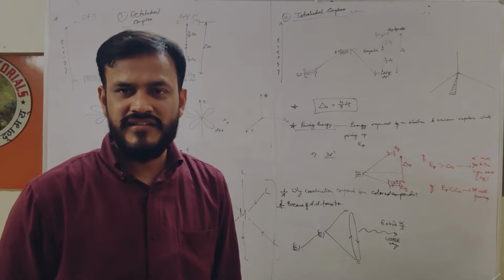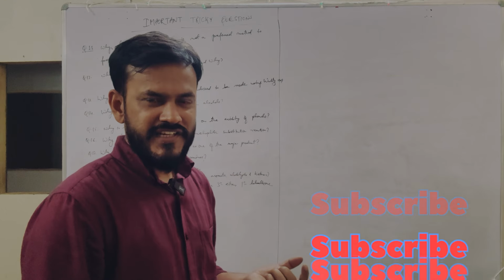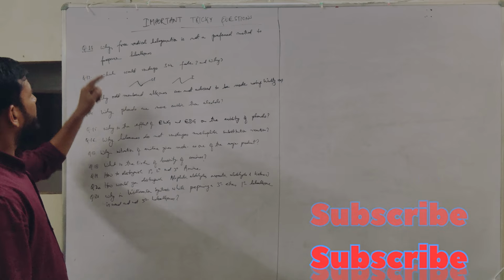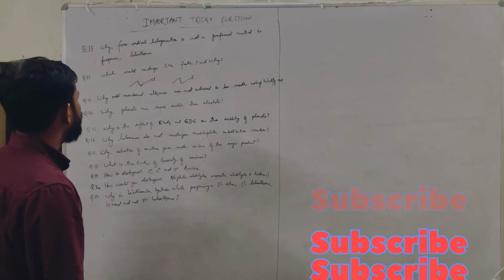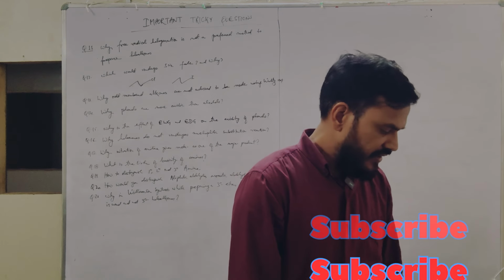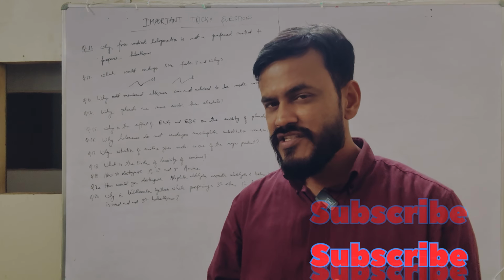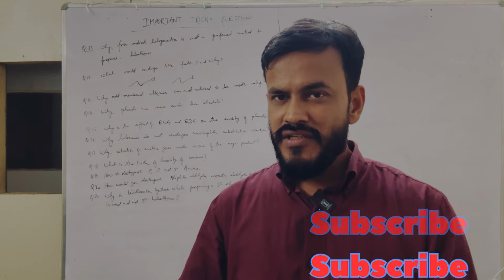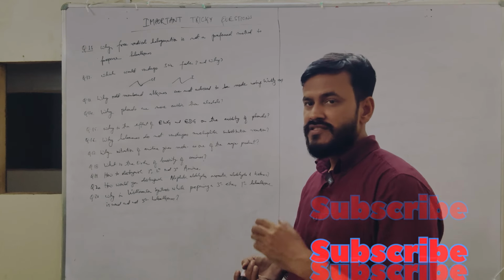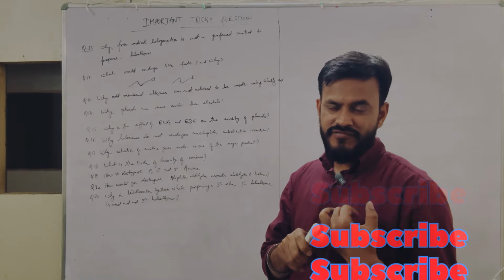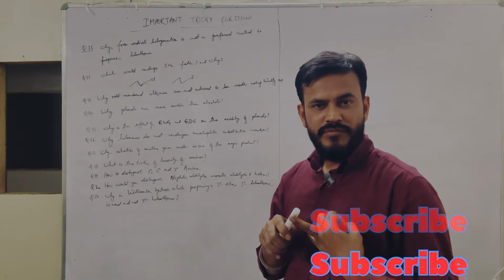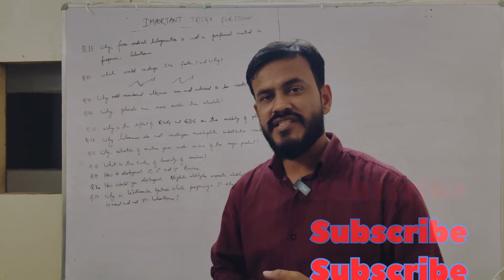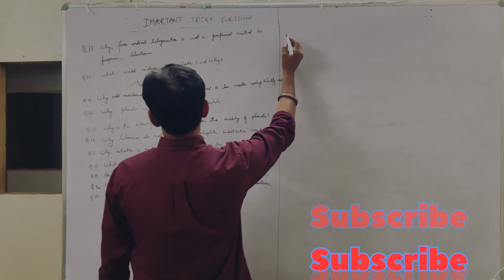Guys, we continue with another set of questions, from organic mostly. Question number 11 says, why is free radical halogenation not a preferred method to prepare haloalkanes? Because free radical halogenation gives you a mixture of different haloalkanes. First of all, it takes place in the presence of sunlight, free radicals are formed, and then multiple halogen substitution takes place. For example,